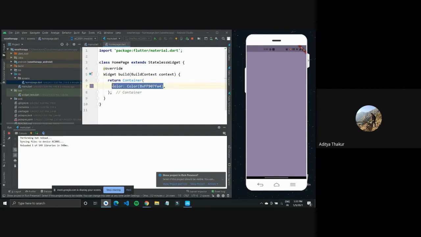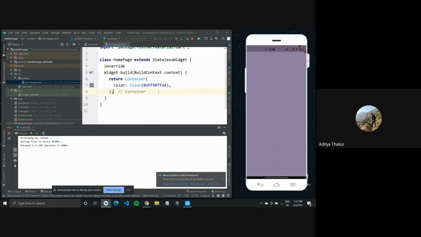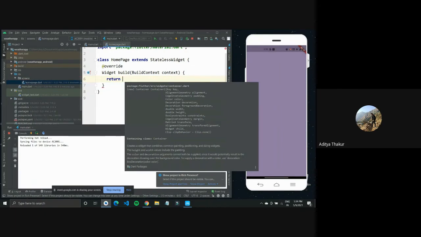Other than this, we just defined a new container. On our homepage, there is this container, but I do not need that. I'll get rid of this container. I'll just select it from here. One of the other things that I want to point out is you need to know where your widget is. Flutter tells you where the starting bracket ends. This is really cool. They tell you with comments, so it is easier to get rid of containers, or widgets like this. So I'll just clear it.